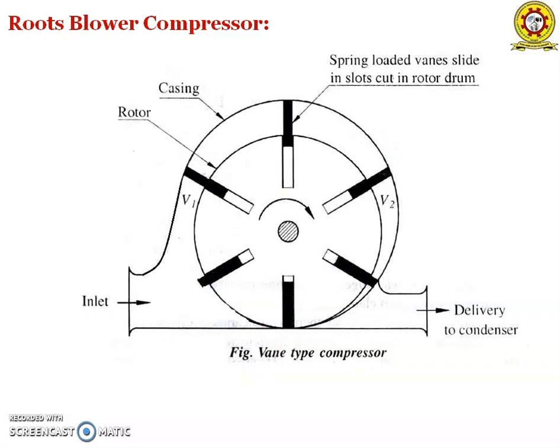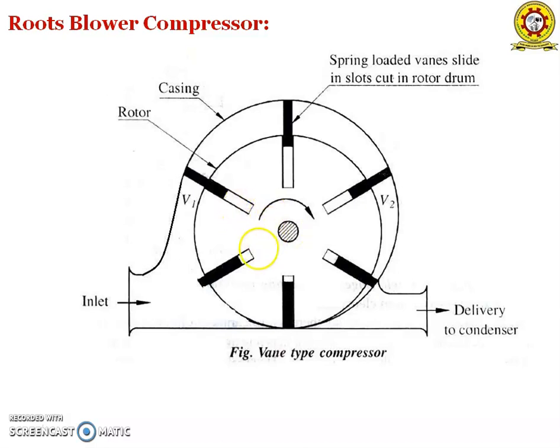And the next example is the vane type compressor. A vane blower in its simplest form consists of a disc rotating eccentrically in an airtight casing with inlet and outlet ports. The disc consists of a number of slots. So these are the slots. The number of slots ranges from 4 to 8. When the rotor rotates, the vanes are pressed against the casing due to centrifugal force and form airtight pockets. The mechanical energy is provided to the disc from the external source.